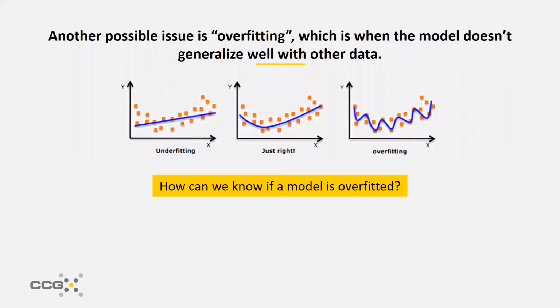So on this particular slide, we've got 3 charts. We've got a model that is underfit, right? So this model is predicting a straight line when in fact our data has a pretty clear curve to it. We've got a model that's just right, where the predicted value follows the curve. But then we've got this overfit value. An overfitted model is, as you can see, making a lot of adjustments to itself to hit the exact data points that went into creating this squiggly line, right?